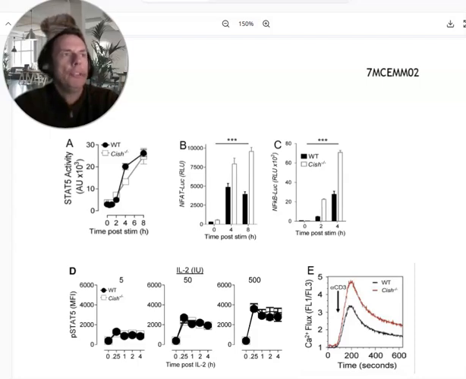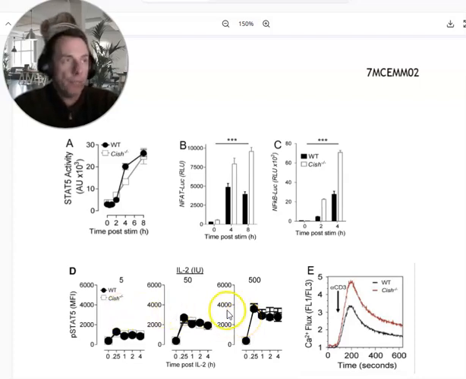Panel D measures phosphorylation of STAT5 after IL-2 stimulation, confirming that cytokine-driven STAT5 activation remains unchanged by Cish loss. As you see, white and black points overlap in all three diagrams, reinforcing that Cish does not regulate the cytokine